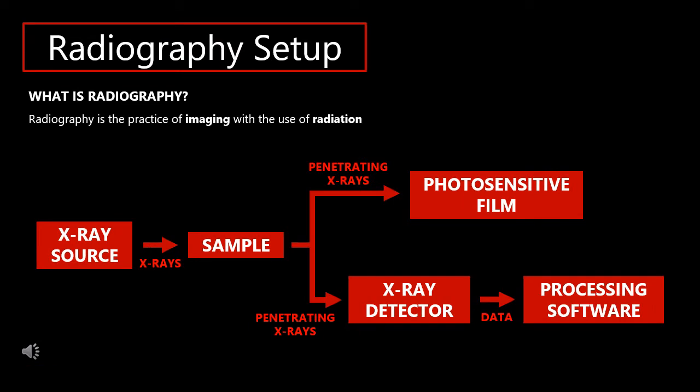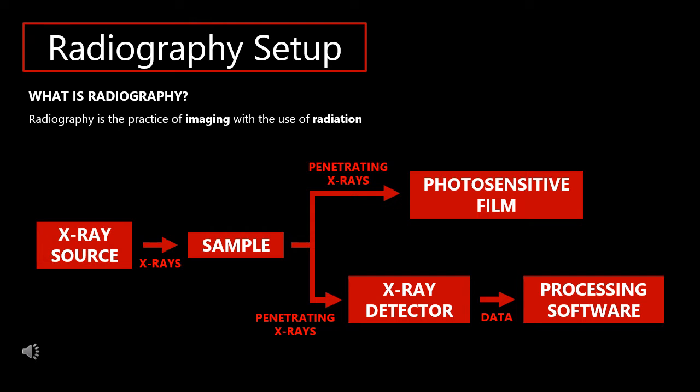But first, what is radiography? Radiography is the practice of imaging with the use of radiation. It has three major requirements: the X-ray source, the sample, and the X-ray receiver. In the diagram shown, the X-ray source, commonly a vacuum tube, will produce the X-rays, which will then penetrate through